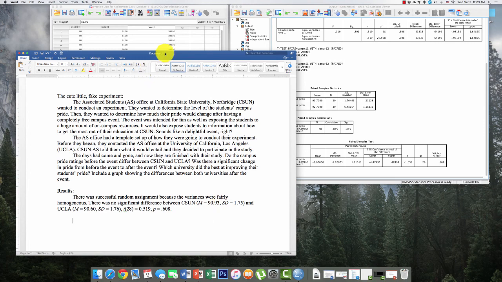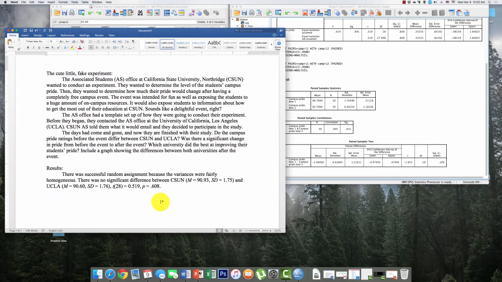We are going to go back here to the document and get started on writing the other interpretation. So there was no significant difference between time 1 and time 2, or in my case, between before the event and after the event, but that kind of sounds weird. Okay, anyway,